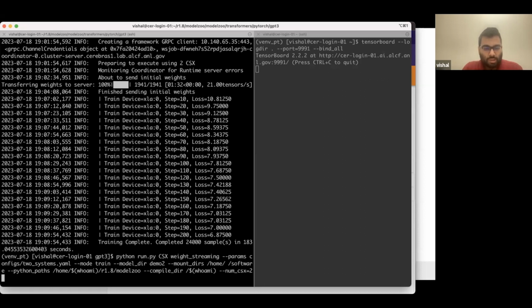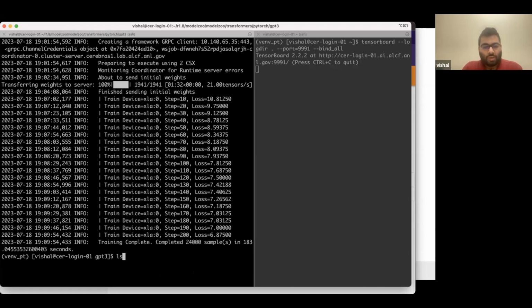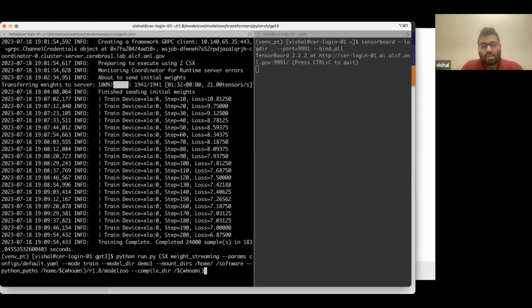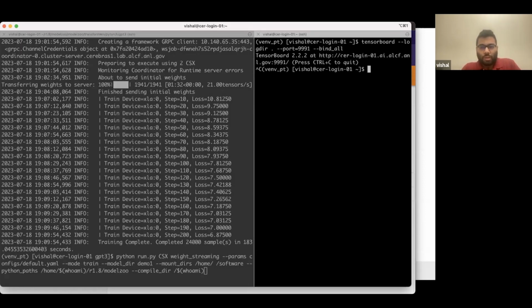As you can see here, and since there was a question earlier about the commands, this is the command where I ran on the num CSX2. The only difference was this additional command. And if I go to the very first command, that's it. The default is one system, so the num CSX is set to 1, and I didn't specify it. And before we wrap up for the break, I thought I'll just quickly show the diff in the config as well,